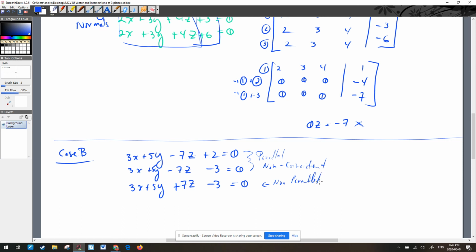But in the grand scheme, you'd be like, I've got two parallel and one that's not parallel, so the side view on that has got to be the H. It's case B, right? And so if you did some row reductions on this one,